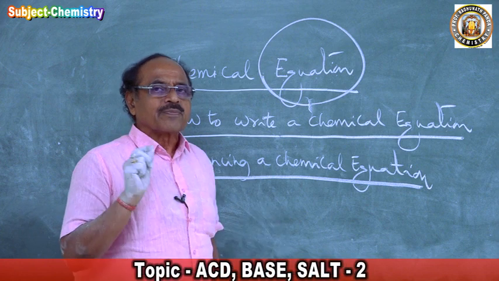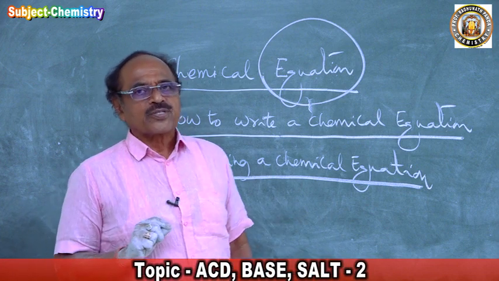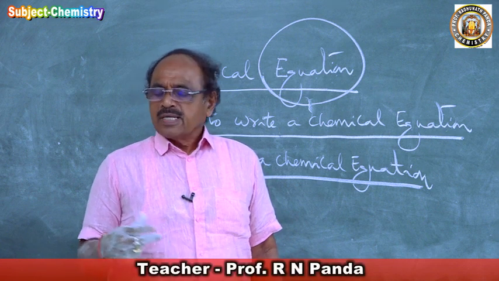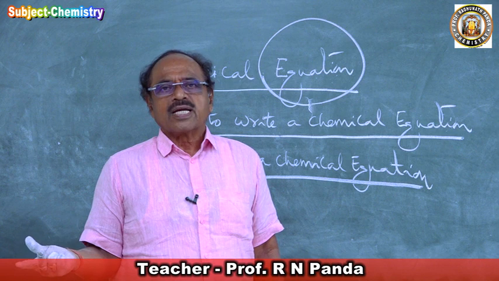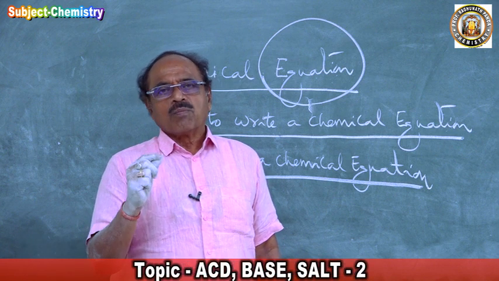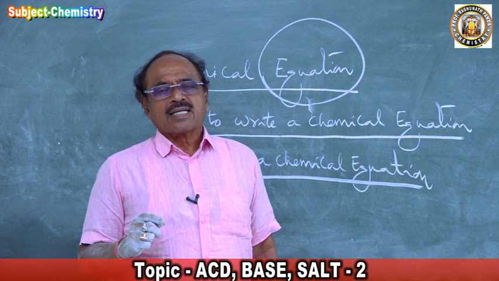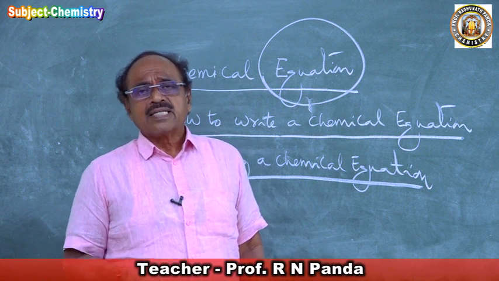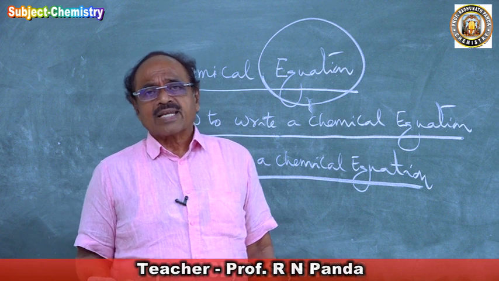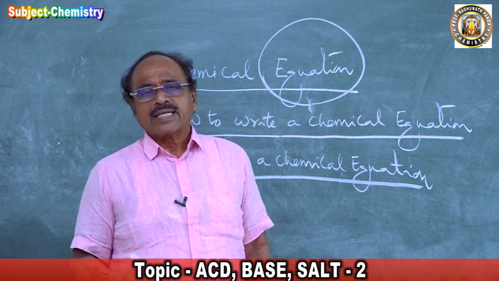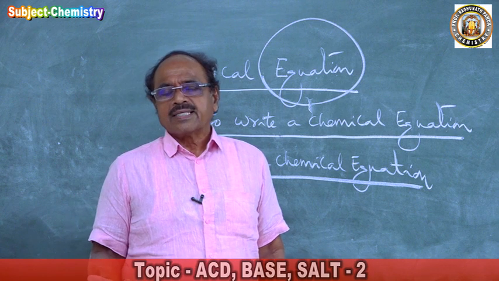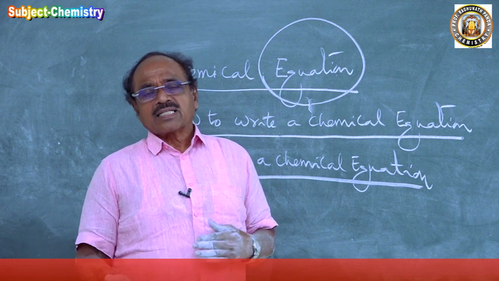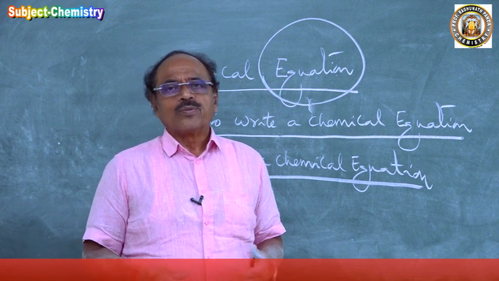Please read Language of Chemistry. There is a book called Language of Chemistry. You go and purchase or procure one, there are many publishers, and go through that. You read atom, molecule, element, radical, electropositive element, electronegative element, then valency, electropositive valency, electronegative valency, then oxides, acidic oxide, basic oxide, neutral oxide, salts, all these things I have taught you. You go through them.